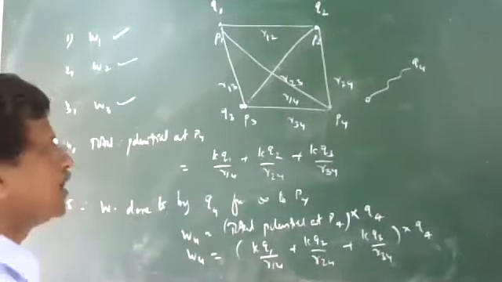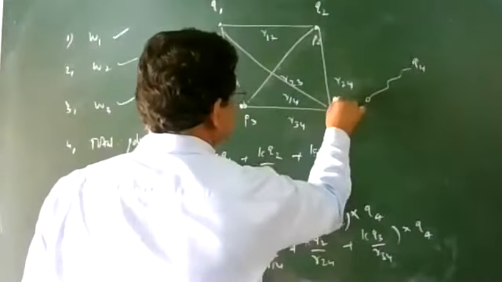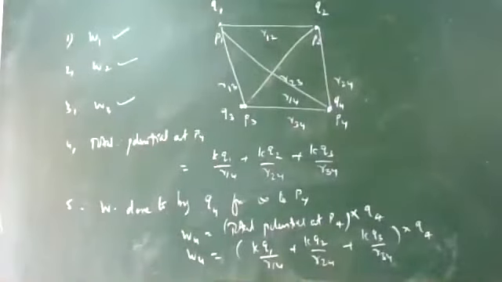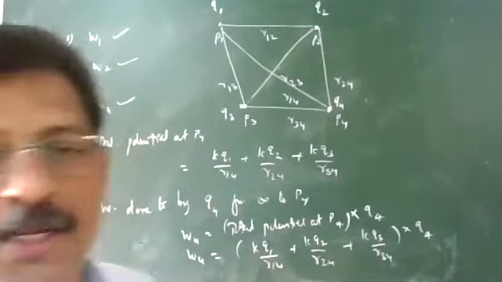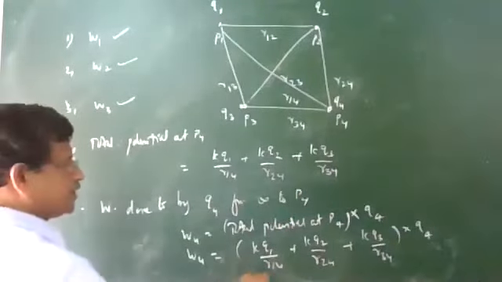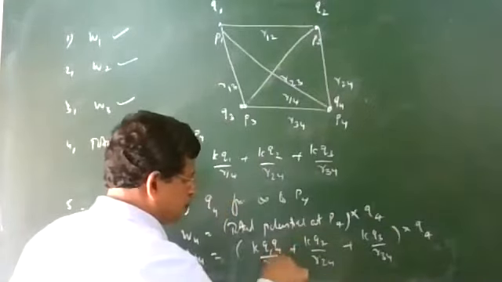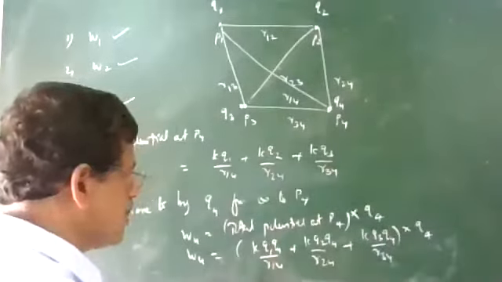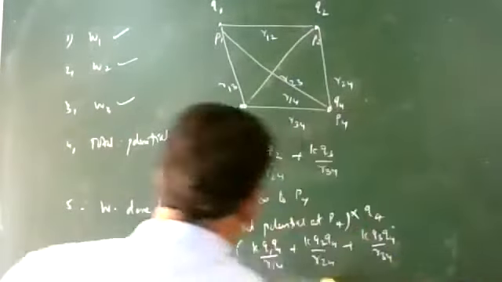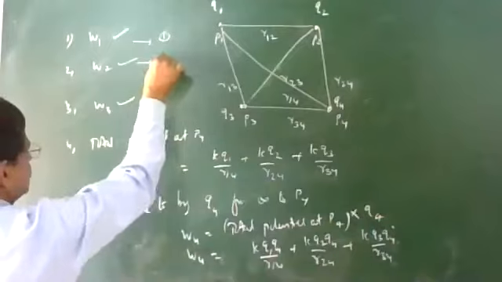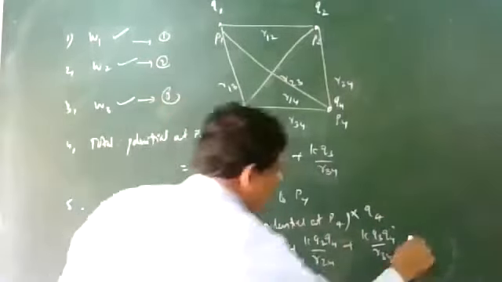So when you do this work, charge Q4 also will be placed at the point P4. So all are in their position. They are taken from infinite distance apart to their current location. So what is the work done? Total work done will be stored as the electrostatic potential energy of the system. When I open the brackets, multiply with Q1 Q4, Q2 Q4, Q3 and Q4. So this is the work done. We can mark this as the fourth equation; first, second, third we already got.